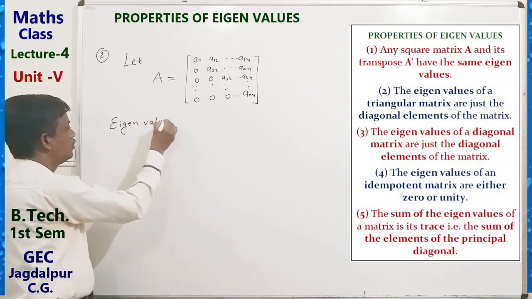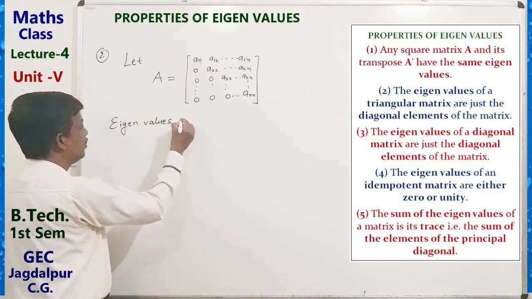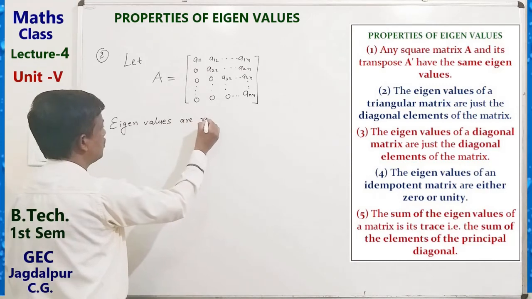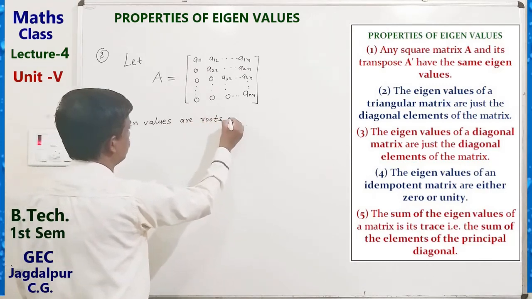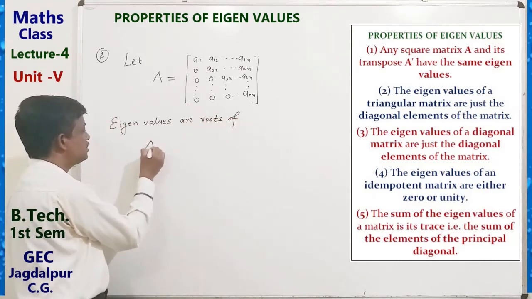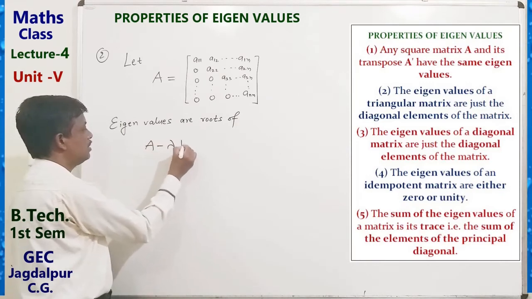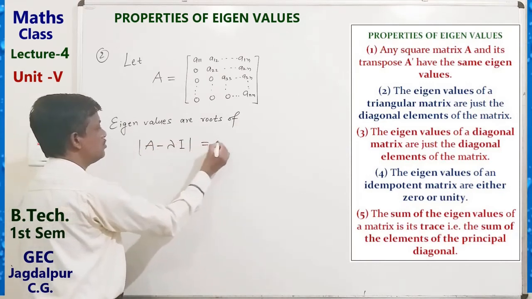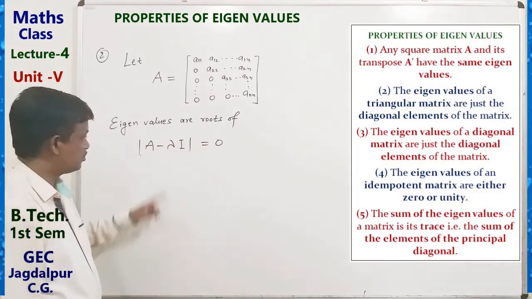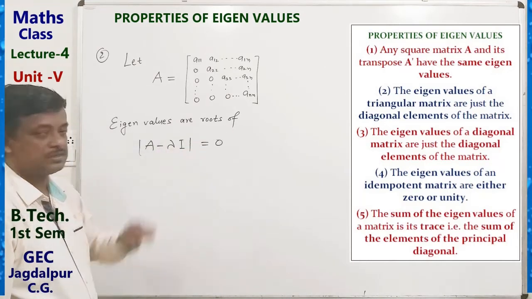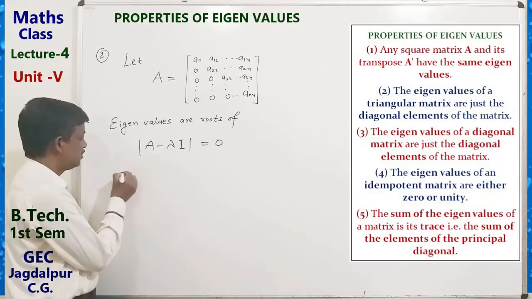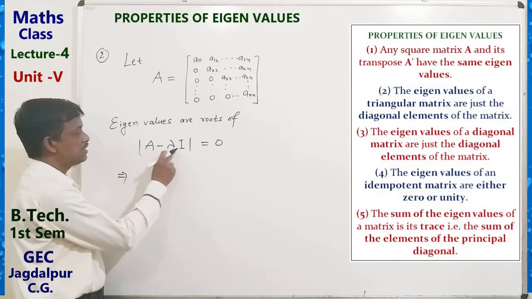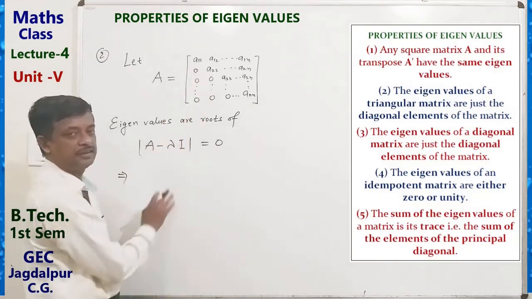Here, eigenvalues are the roots of the characteristic equation, that is, determinant of A minus lambda I equals 0. Its roots are the eigenvalues. So here we see that A minus lambda I